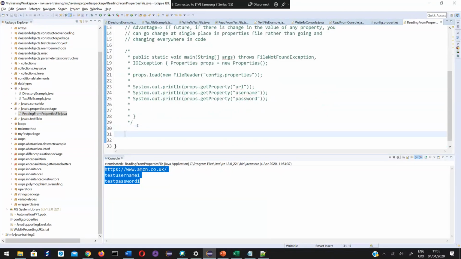In that, they create a method, something like public void getProperties object.